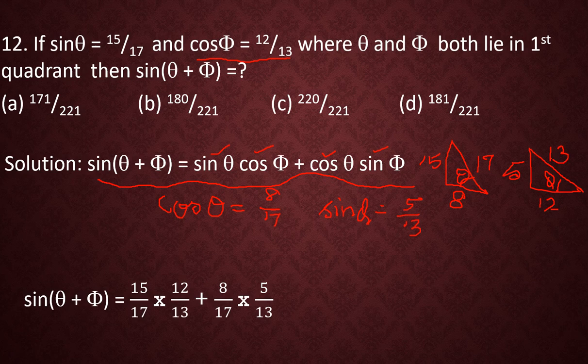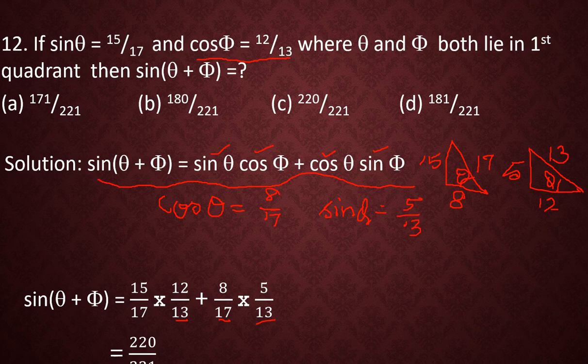So we substitute all these in this formula, sine of theta plus phi. Sine theta is 15 by 17 and cos phi is 12 by 13. Then cos theta is 8 by 17. Sine phi is 5 by 13. So finally, if I multiply and add these numbers, you will get 220 divided by